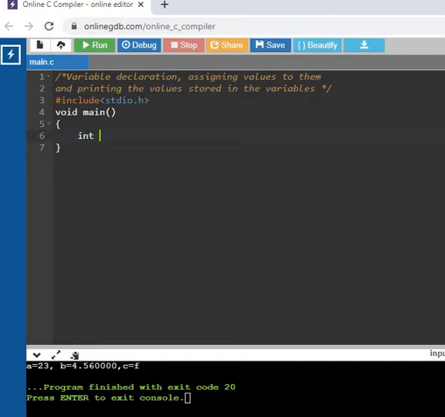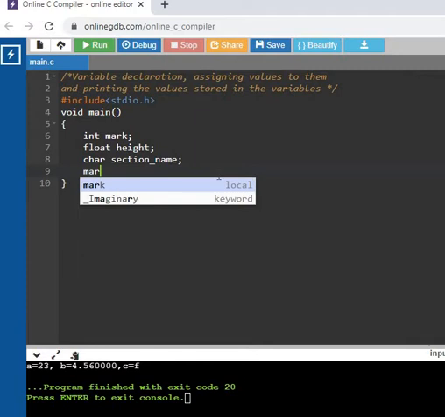Okay, so now let's see how you can declare the variable for storing the mark, an integer number. If you want to store the mark, you can declare int mark. If you want to store your height, you can declare height as a floating point variable. Float height you have to give. If you want to store your section name, only one character will be stored, so at that time char section name you have to give. If you give a fractional number, you can store it in a float.